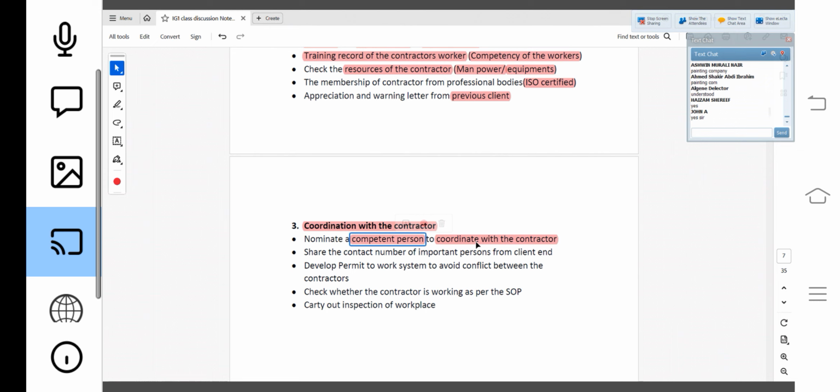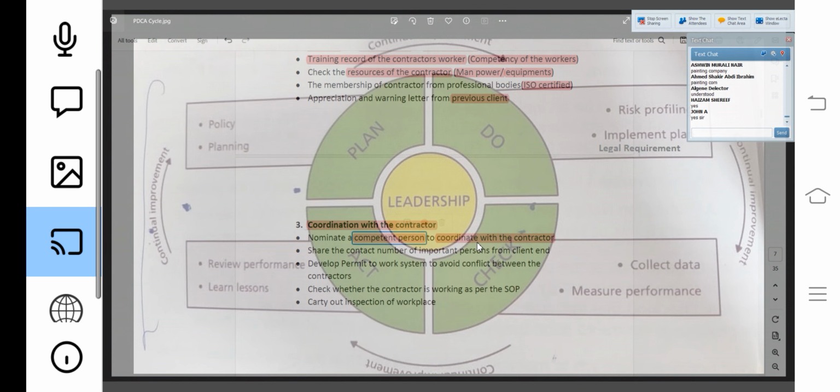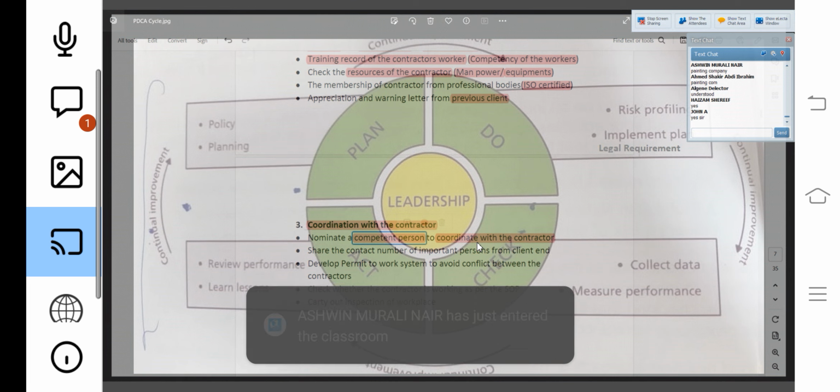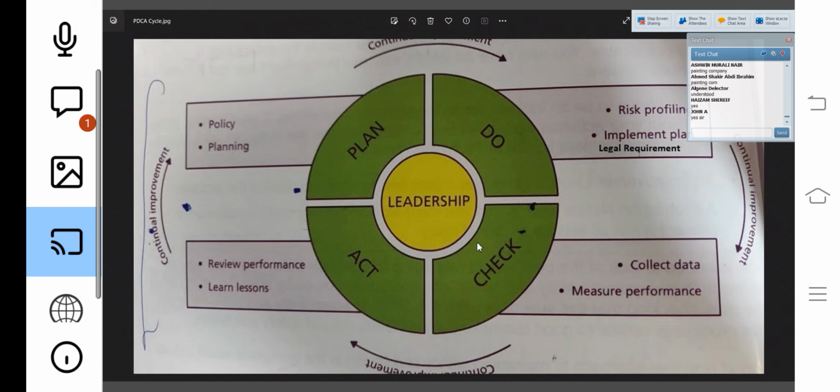I will introduce that competent person to the contractor, so that if he has any concerns related to this painting activity, he will coordinate with this competent person.